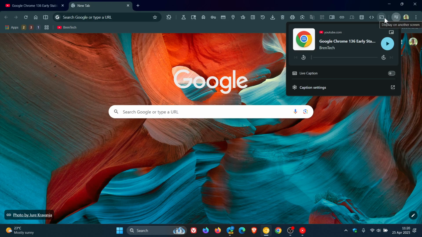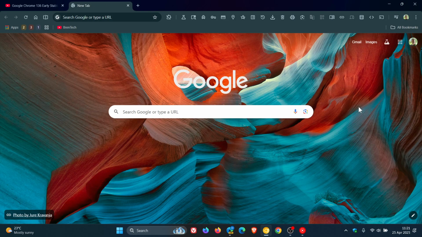So as an example, in Chrome, you've got play and pause, you've got 10 seconds back, 10 seconds forward, you've got a timeline, and you can also enter picture in picture, and you've got some accessibility features as well for captions. Now, in regards to the Edge browser, in the stable version of Microsoft Edge,